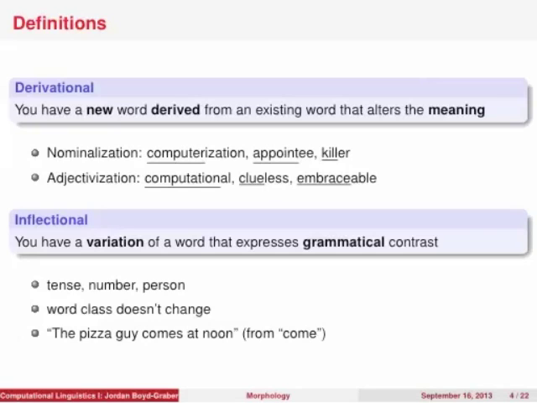Derivational morphology is when you have a new word that is derived from an existing word that somehow changes the meaning. Computer is a word. If you add isation to the end of it, that means you're taking something that didn't have computers and adding computers. Similarly, appoint, that's a verb. If you have an appointee, however, that's someone who has been appointed. And so oftentimes these derivational morphologies change the part of speech,